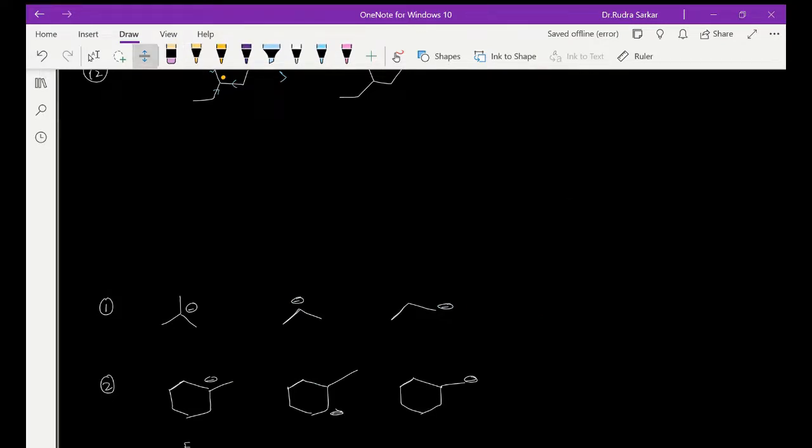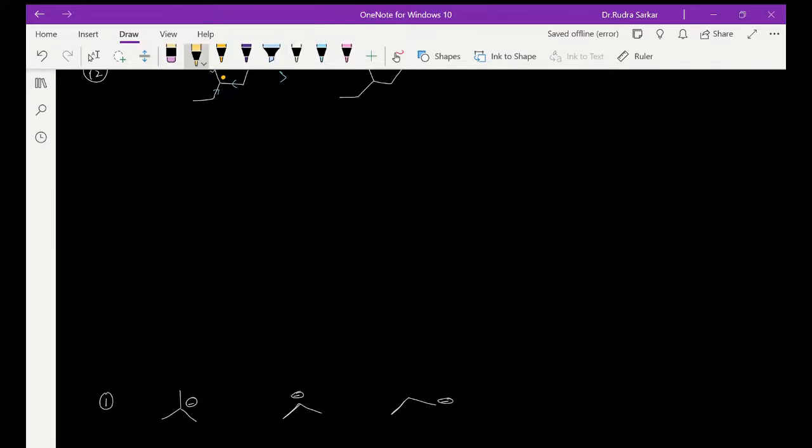So in this lecture we will be studying stability of carbanions. Okay, so what is a carbanion? Some key points about carbanion: it is an 8 electron system,